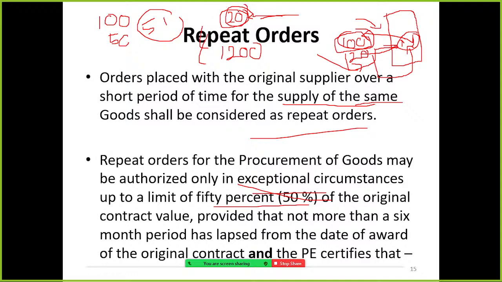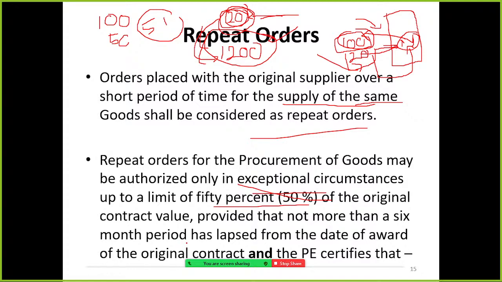But first they register this supplier, and the second time they order a large amount. So this time a repeat order gives some sort of corruption. So the maximum limit is 50% of the original contract value,